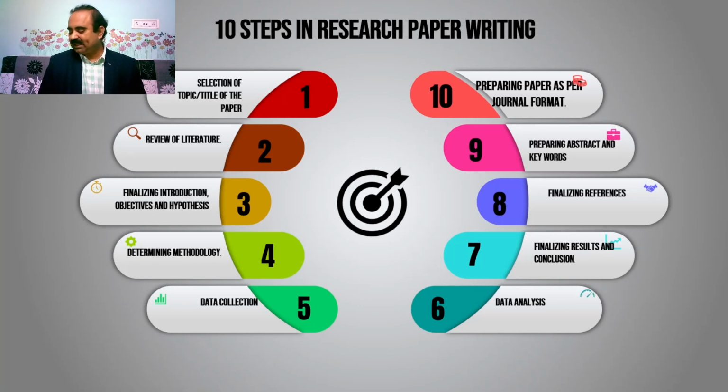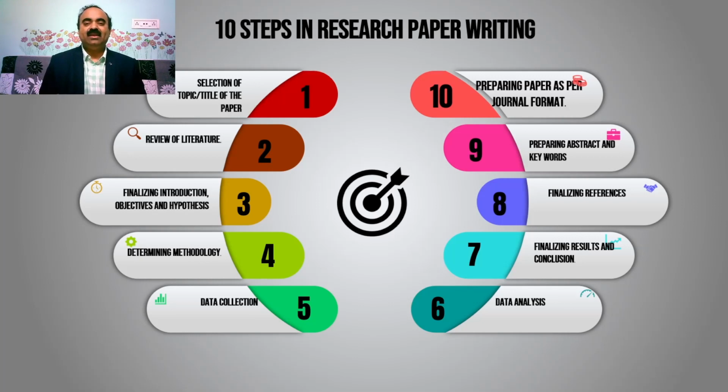And the third aspect is the method of data collection. There are different methods of data collection which I will be explaining in the next step. So you have to specify the type of data collection method that you have used. And the fourth aspect that you have to cover under methodology is the tools that you have used for the purpose of analyzing the data that you have collected. And the fifth aspect is the test that you have used for testing the hypothesis.